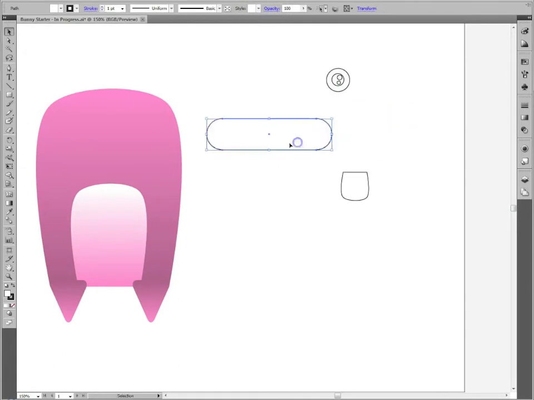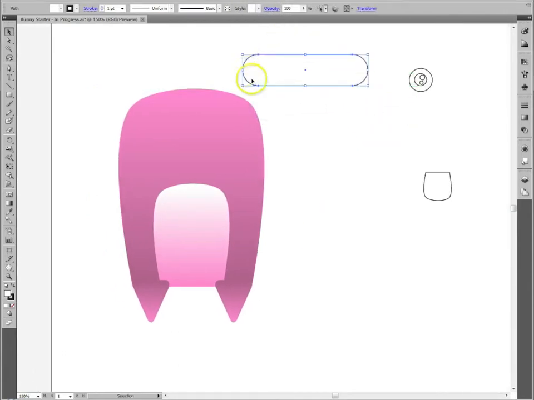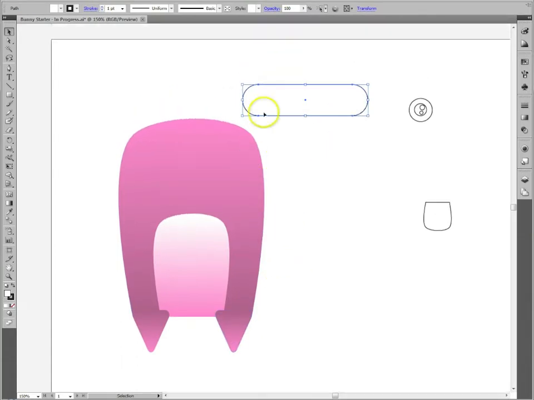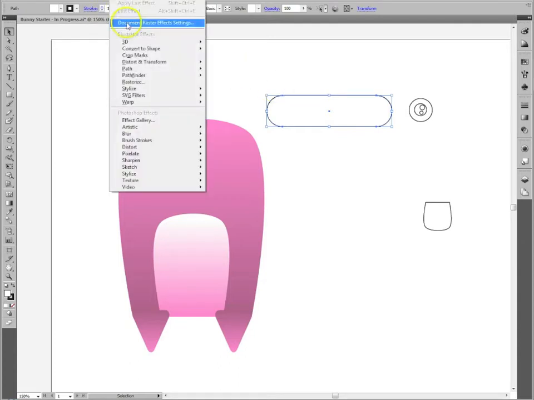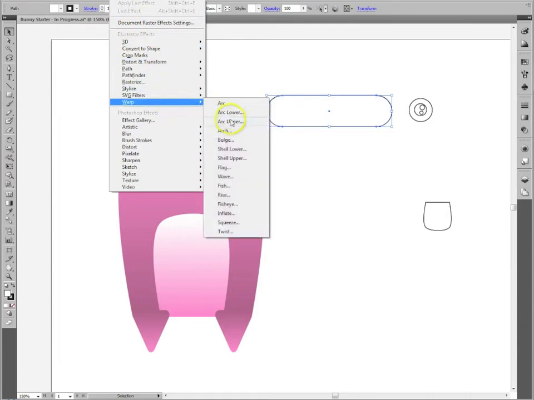So we have this shape here, and we're going to use this for making the ear. It was made with a rectangle, and then I did that round corners on it, just like I did on his feet, but I've already done that for you to make things go faster. So we're going to actually change the shape a little bit more by using another effect. We're going to go to Effect, and we're going to go to Warp, and then we're going down to